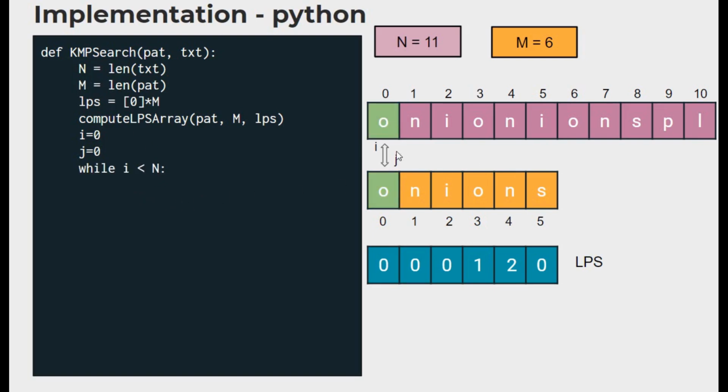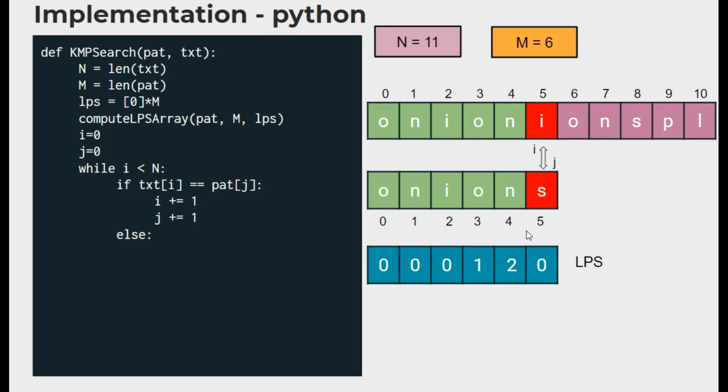First we compare these two characters, and if we find a match, what are we supposed to do? We just have to increment both the pointers, right? So let's have that in an if. If the character at the text and the pattern matches, then we just have to increment both the pointers. The next 4 characters also match, so we keep incrementing the pointers, and there is a mismatch in the 5th index. When there is a mismatch in the 5th index of the pattern, we know that the index from 0 until 4 is a perfect match.